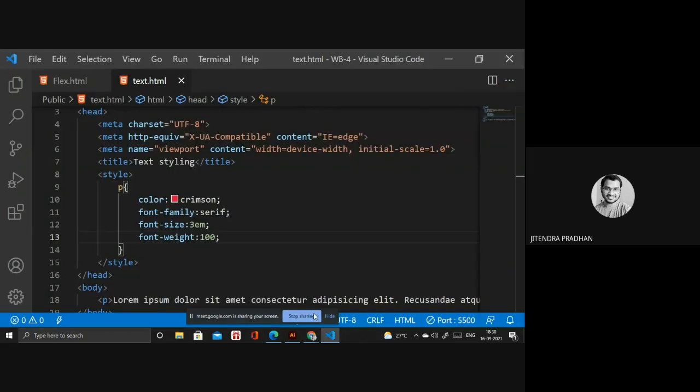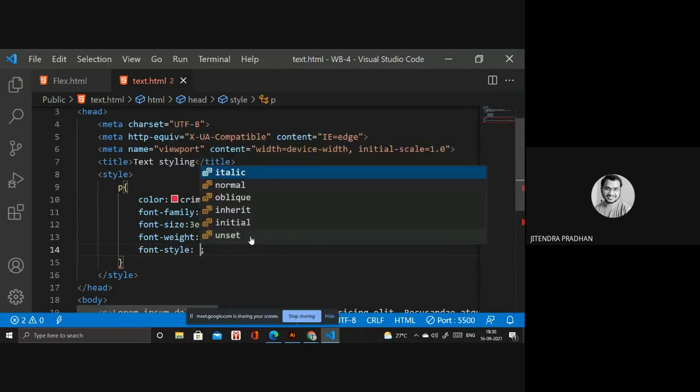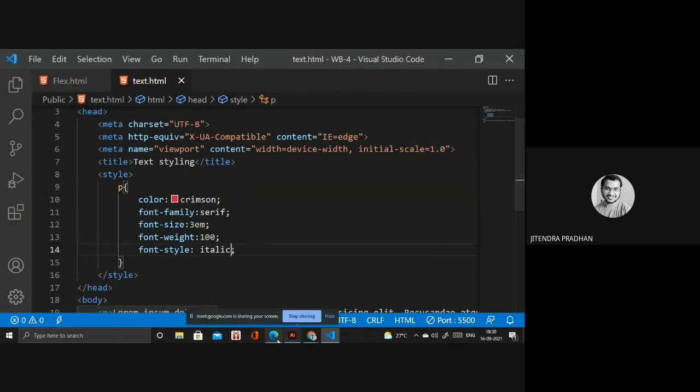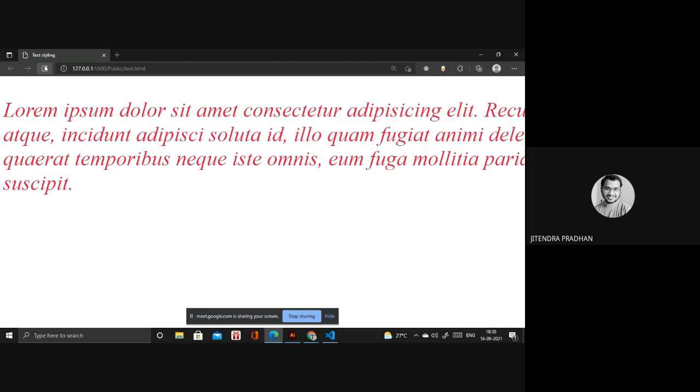So next we go to the font style. What do we have in font style? We have italic, normal, oblique, and inherit, initial, unset, all those things. If I give italic, let's see what happens. This is the italic. If you want to make any font or text slanted, at that time we use font style italic.